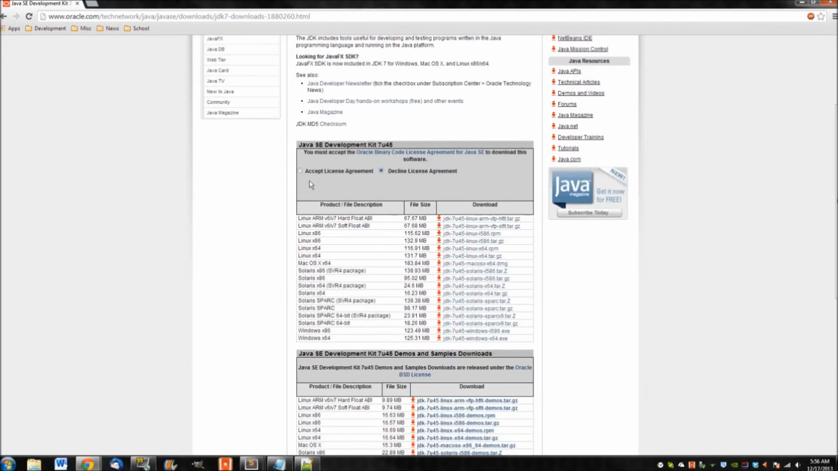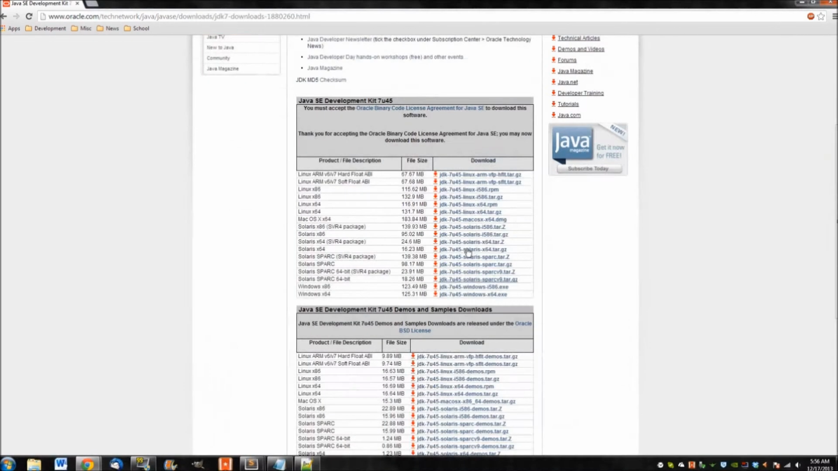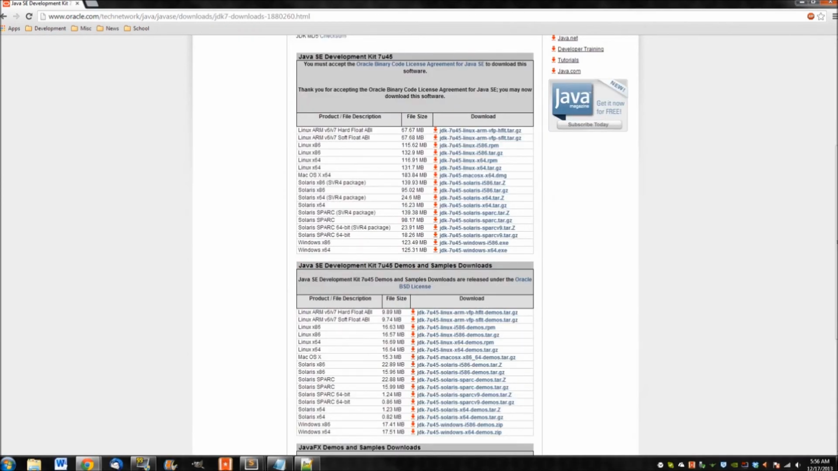And you're going to scroll down, you're going to find this, and you're going to hit accept. Oh, look, I accepted. Now I can suddenly download everything. And you're going to look for the SE Development Kit 7U45, which would be the top section here, and you're going to look for Windows x86 or Windows x64. Now the x64 will be for 32-bit systems, and the x86 will actually be for 64-bit systems. My bad. And I'm not sure why they set it up like that, but in my case, I would download this x86 one because I have a 64-bit system. You just click on that,